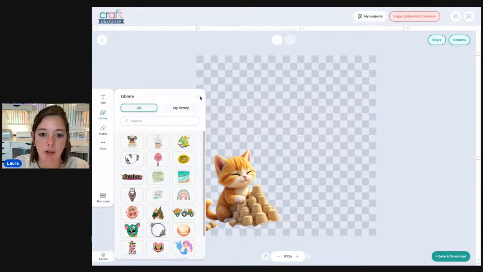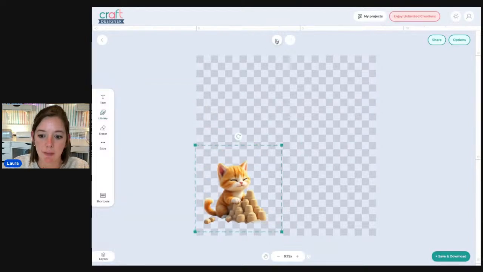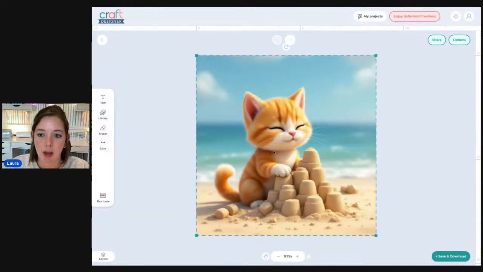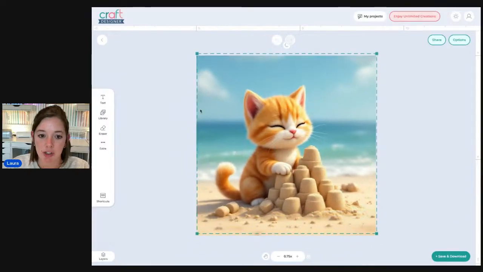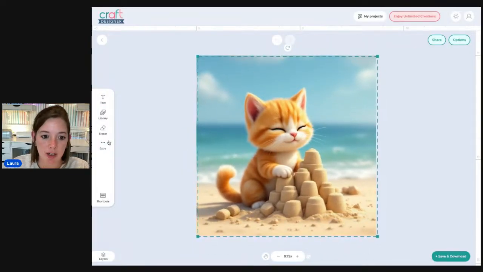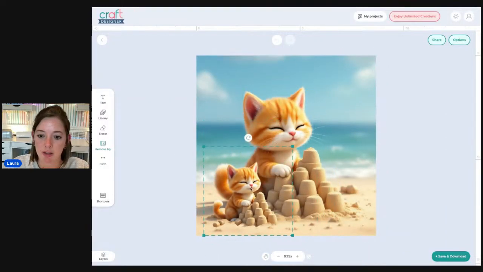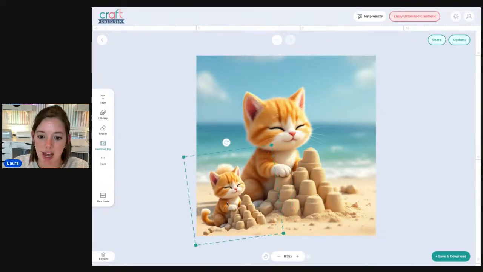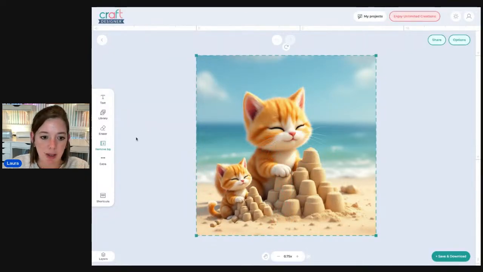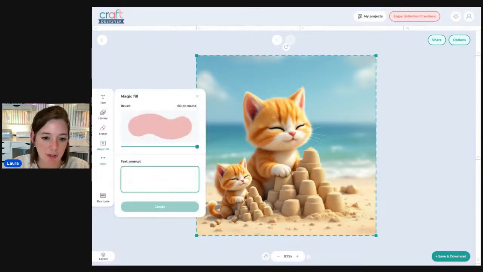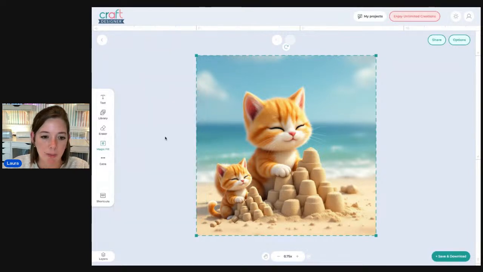oh, you know what I should have done? Hold on. I'm going to do this a little differently, actually. I'm going to duplicate it first, then I'm going to remove the background. Okay, here's our removed background version. Two cats. Okay, now I'm going to go to this one. Let's see if we can do this. Let's do Magic Fill. Is that what I want to do? Sorry, I'm trying to think in real time what I want to do here.